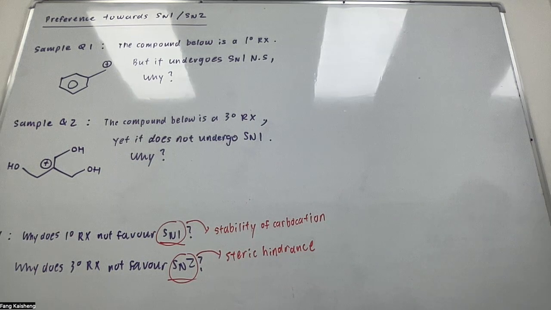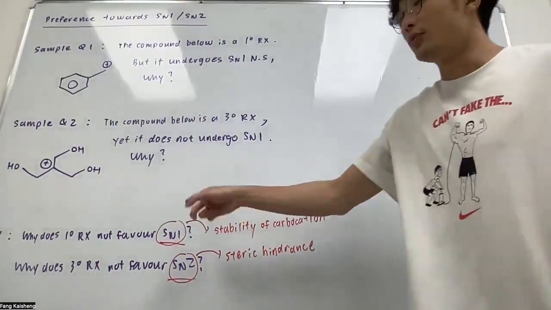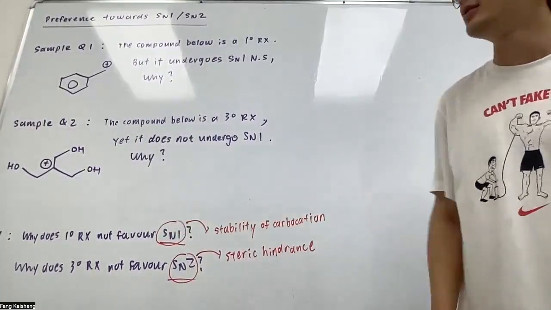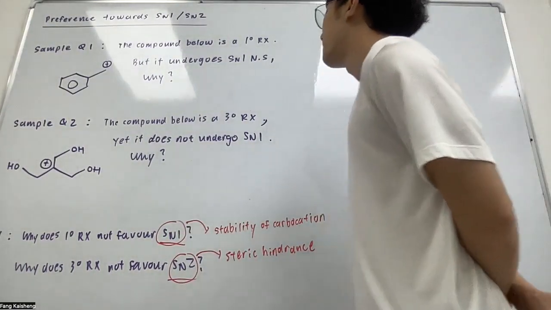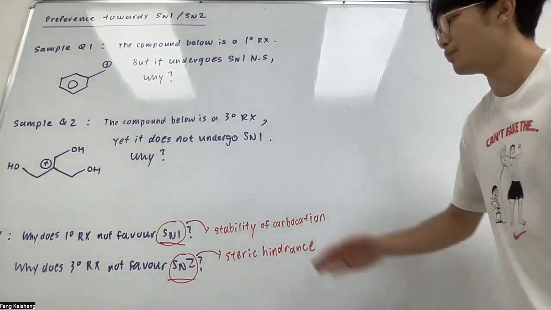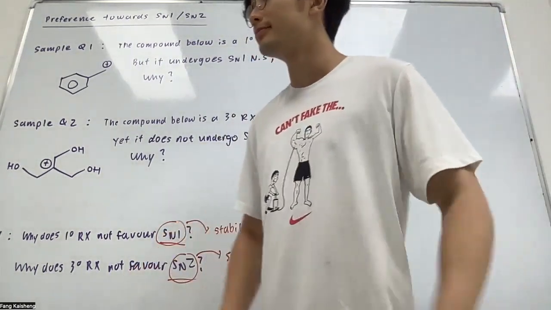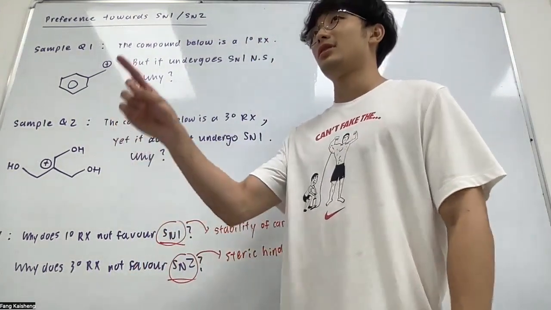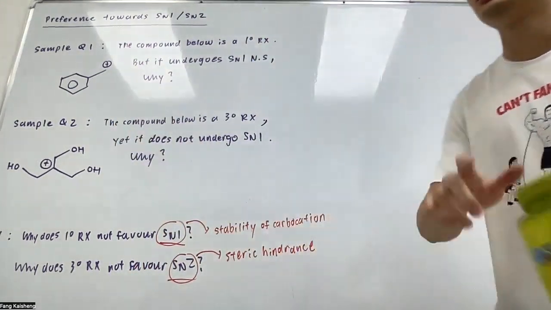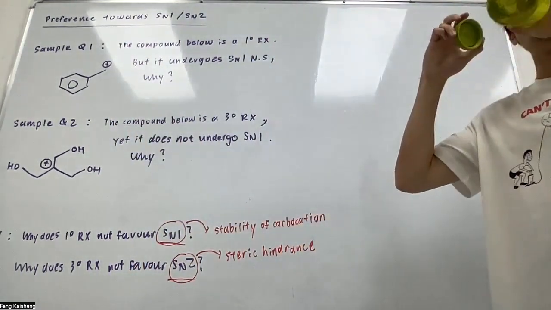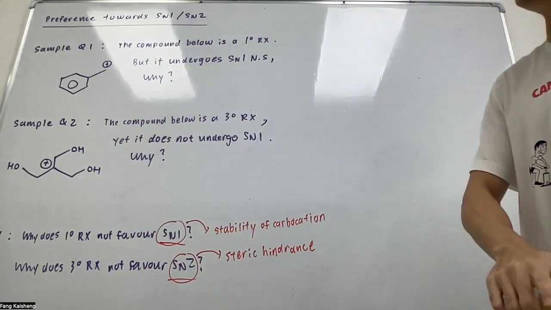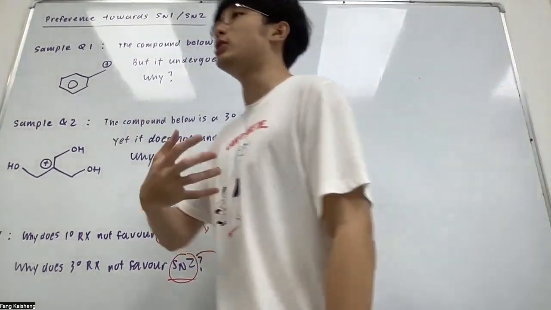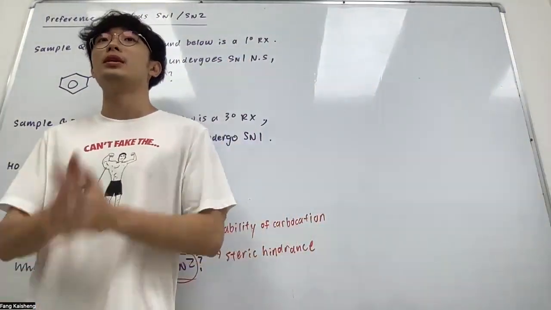To be very straightforward, just follow this. Question prints what? You follow that. Look at what the question prints. It does donate electrons, but how does it donate electrons? It doesn't just donate electrons like an alkyl group. There's something about